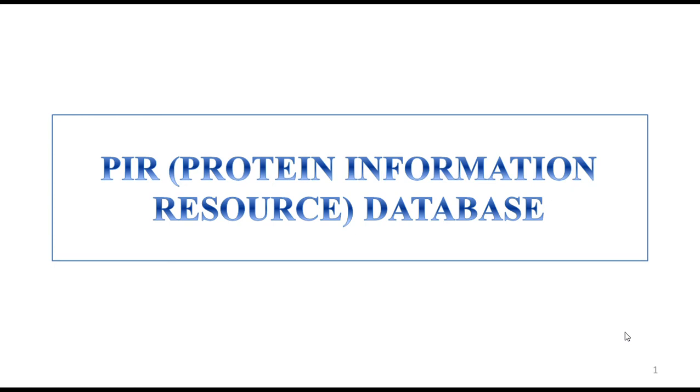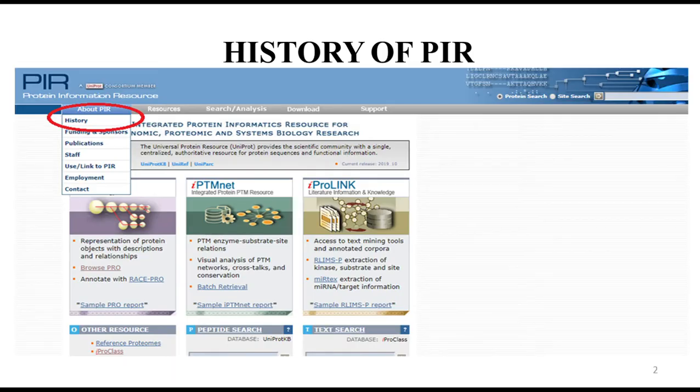Hello, in this video we will discuss the PIR database, which is the Protein Information Resource Database. It is mainly a bioinformatics resource by which you can find protein interpretations and identifications. This image shows the homepage of the PIR database, where you can see the About PIR tab, which is the highlighted